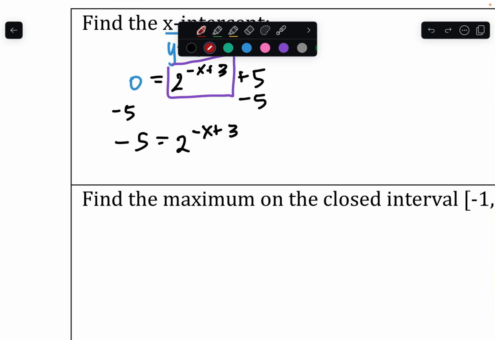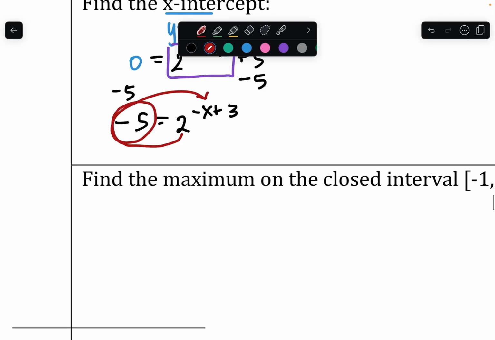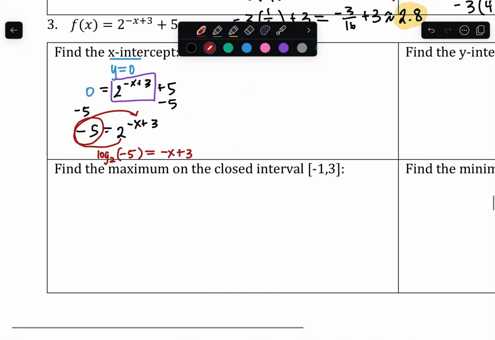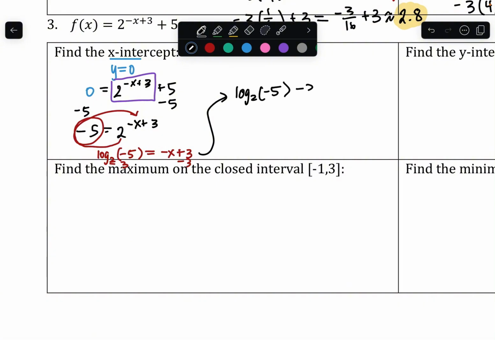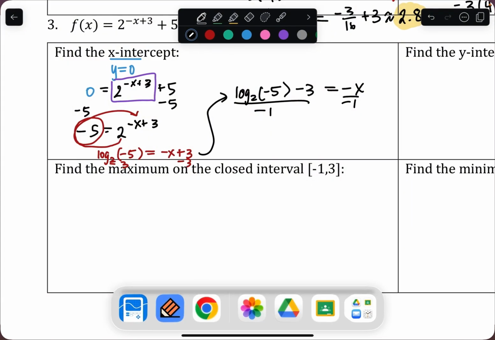And so this is when we have to use log. So my base is 2, log base 2 of -5 equals -x plus 3. Okay, saving the calculator for the very end, we would then subtract 3 from both sides. And so I have log base 2 of -5 minus 3 equals -x. And then we would just divide by -1. And so now in our calculator,